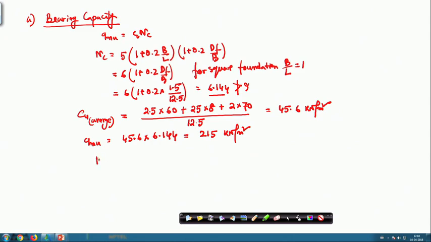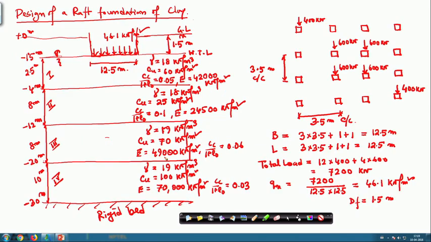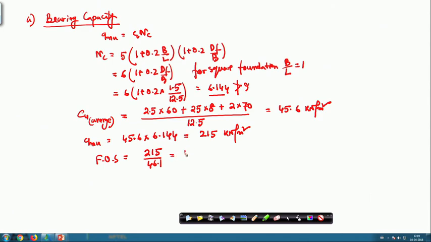Okay. So, my factor of safety is equal to 215 divided by the net stress that is acting, which is 46.1, because 46.1 is the net stress, and then that is equal to 4.7, which is greater than 2.5 and safe. So, it is very much safe, I can say, because 2.5 to 3 is the requirement, and it is 4.7, close to 5. But let us see how safe it is against settlement, then we will decide whether we will redesign it or not. Okay.